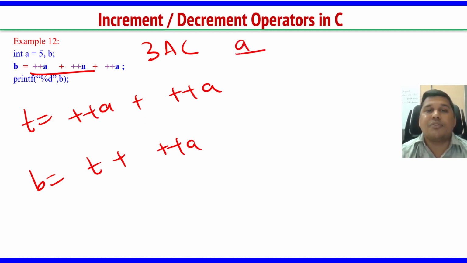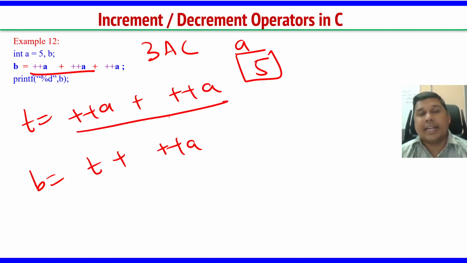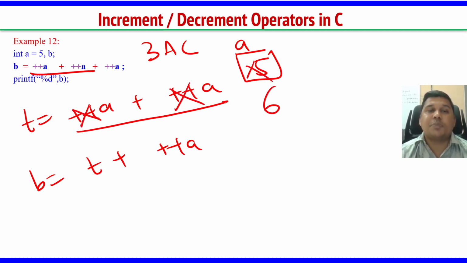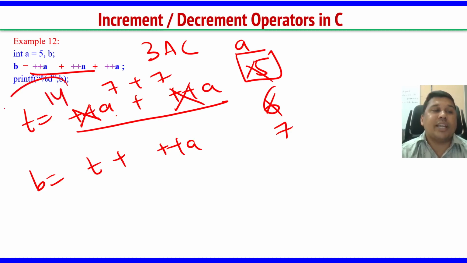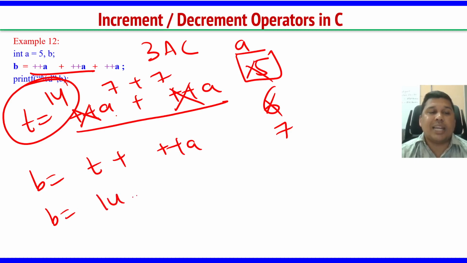So the A value is 5 in memory, and both of these are pre-increments, meaning increment 2 times. Because of this pre-increment it becomes 6, because of this pre-increment it becomes 7. Now add A plus A, that is 7 plus 7. So T value is 14. T value is 14. Now our final expression is B equal to 14 plus, this is the pre-increment of